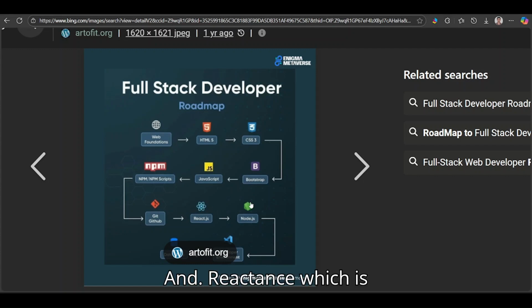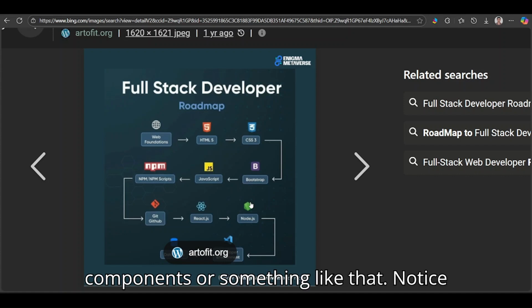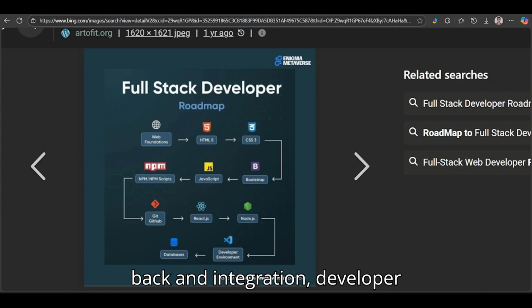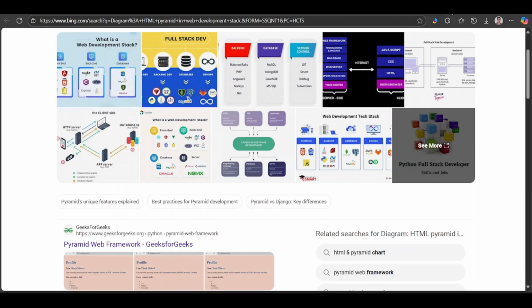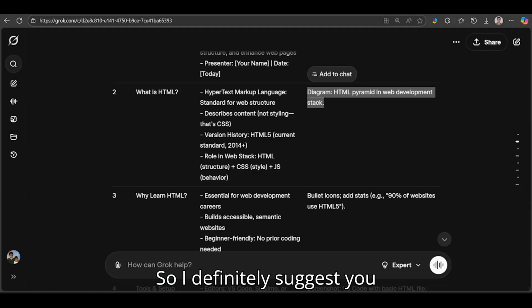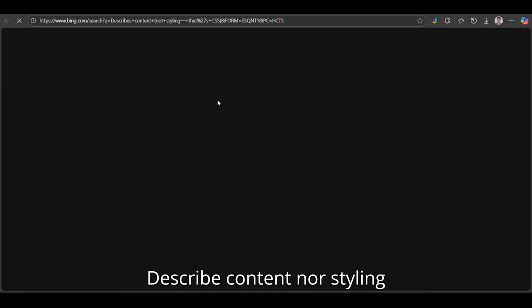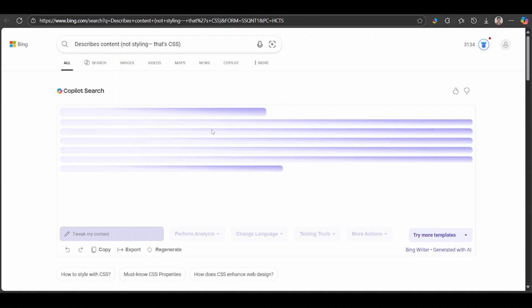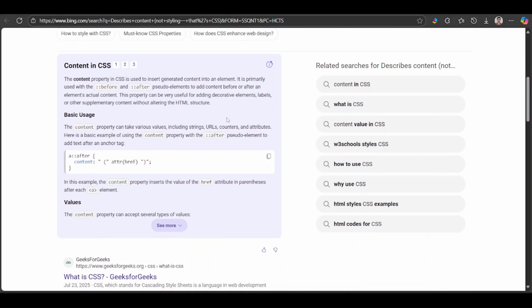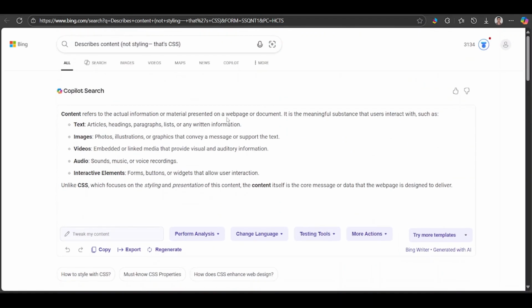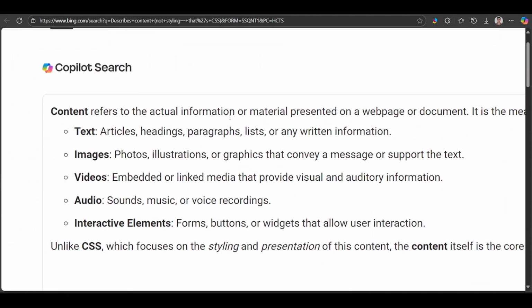React.js, which is components and something like that, Node.js backend integration, developer environment, and then database. So I definitely suggest you look into these HTML structures. HTML describes content, not styling, which is CSS. Okay, here